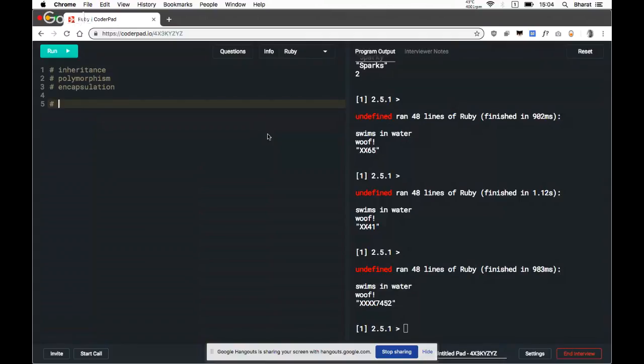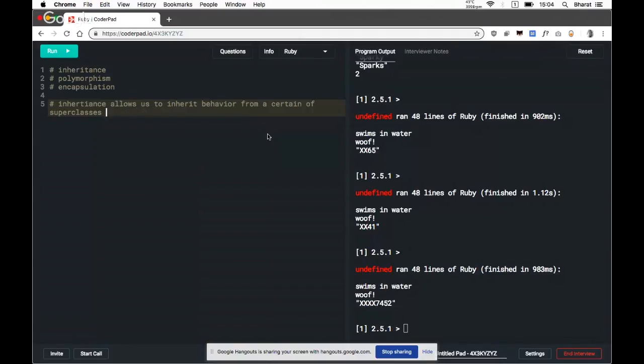Inheritance allows us to inherit behavior from superclasses or models.